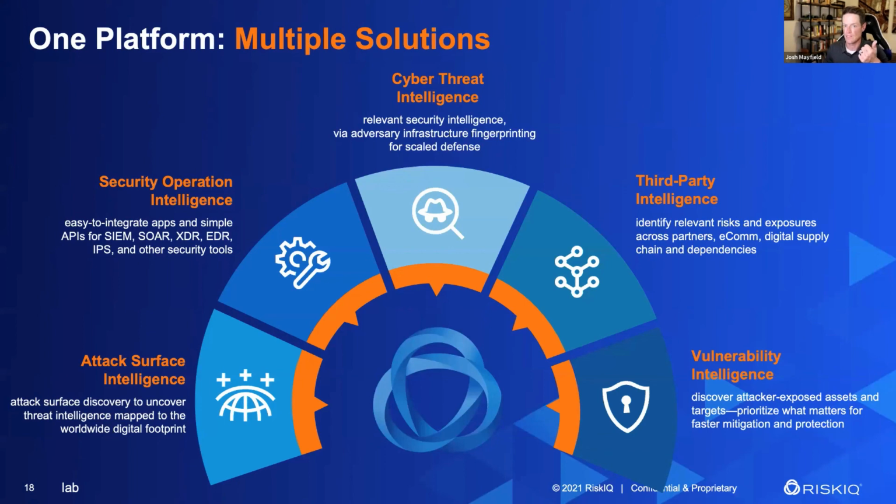The same way that the attack surface works for yourself, you can step into a third party's attack surface and truly verify in the moment, real time, right now, what it looks like. What vulnerabilities, what exploits, what threats are being imposed on my third party, which through a chain could hit me. And also it speaks to the criticality of that relationship. Instead of a questionnaire checkbox, are you good or not? Those are all valid and good. Those are good things to have. But there's nothing like stepping into another's attack surface, all public information, but organized and distilled for the most relevant things that matter. And then finally, being able to get ahead of vulnerabilities before they're exploited